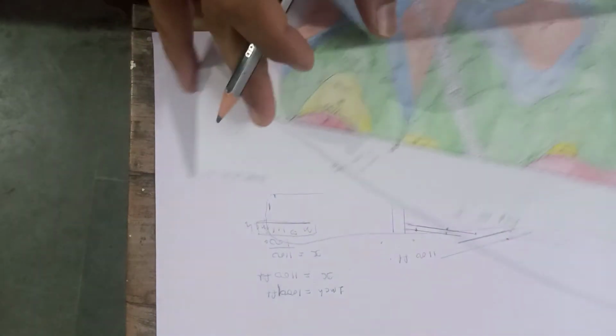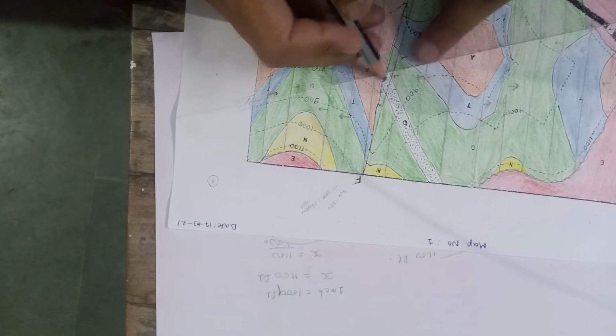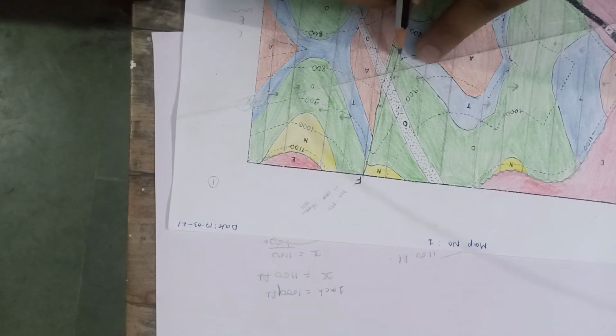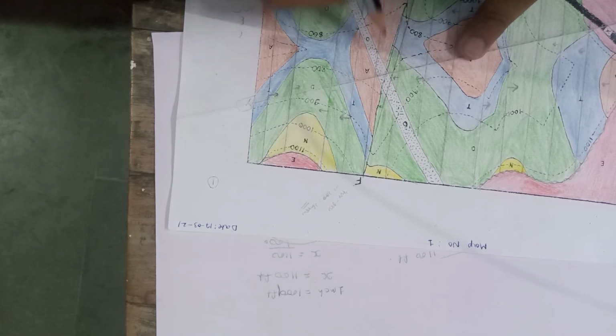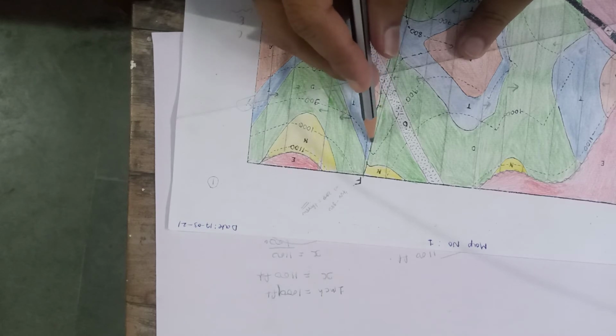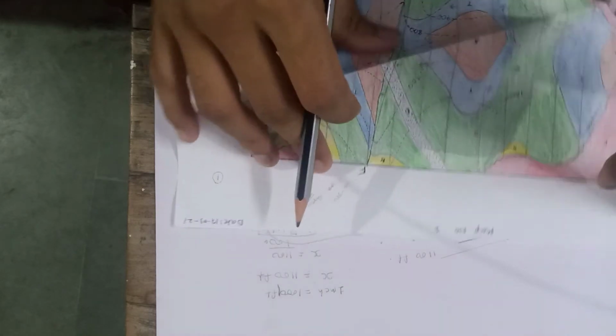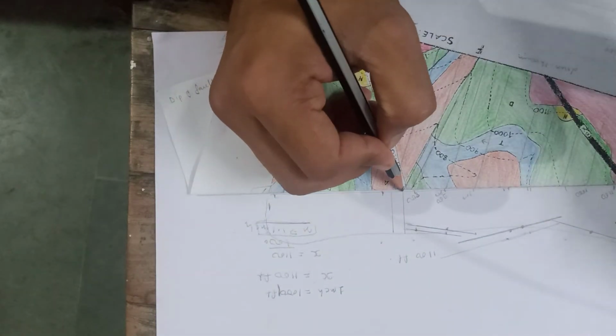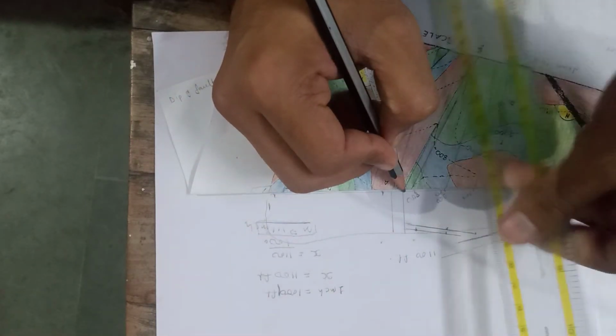There are two strike lines of the fold. This is the first strike line of the fold and this is the second strike line of the fold. So what is the value of these strike lines? This is of 800 and this is a strike line of 900. So just make this strike line of 800